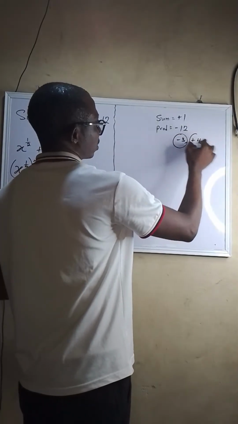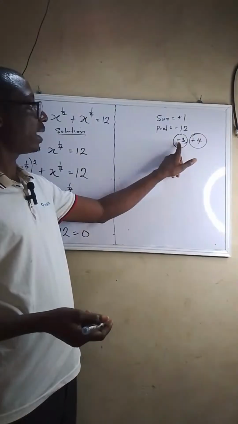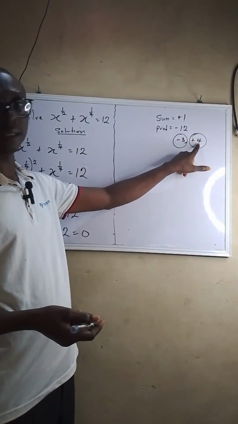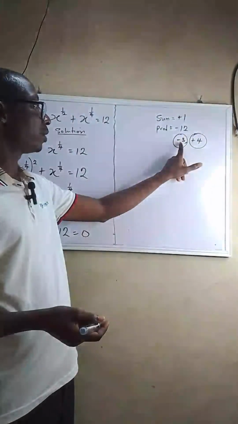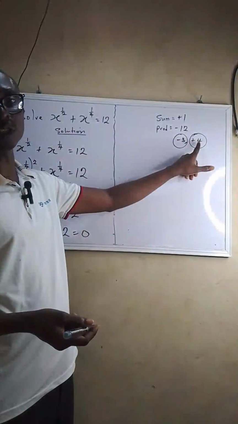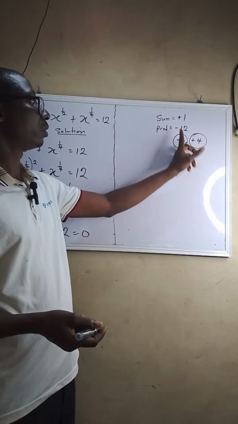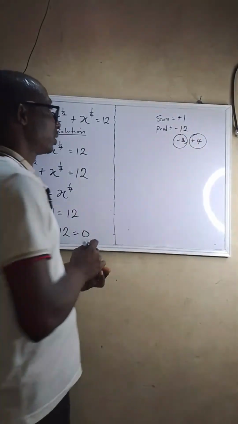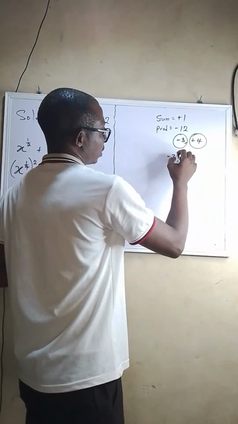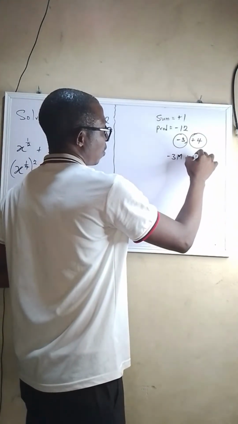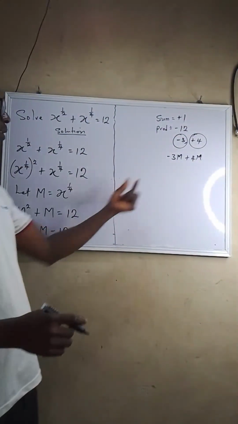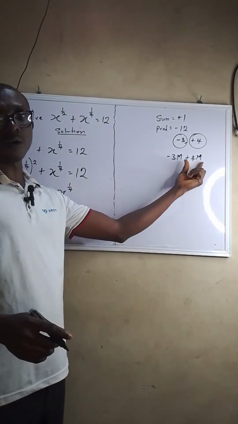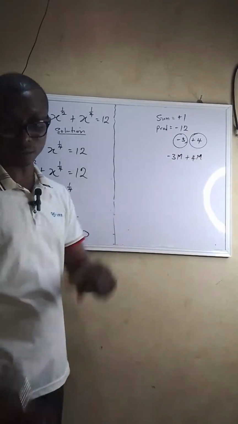Look at these two numbers. If you multiply minus 3 by 4, you are going to have minus 12. And at the same time, if you add these two numbers together, plus 4 minus 3, you have plus 1. So that means this will be minus 3m plus 4m. That is the same thing as your m here. So I'm going to replace m with minus 3m plus 4m. All right? So that is what we are going to do now. So this equation turns to